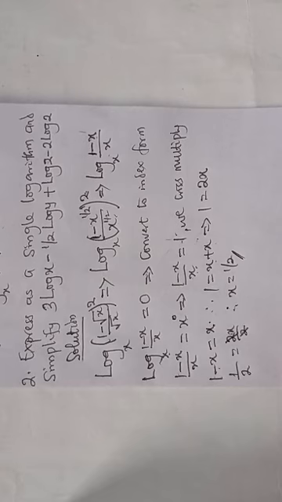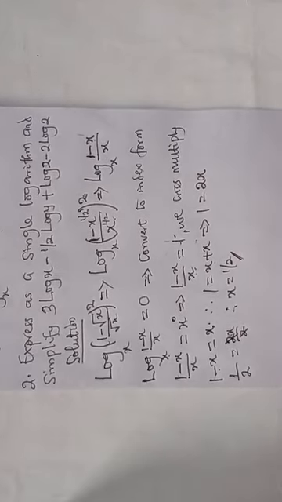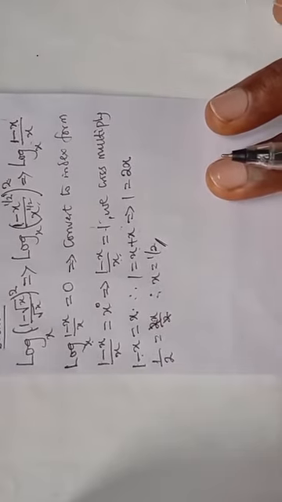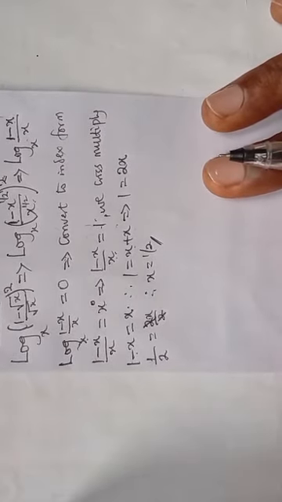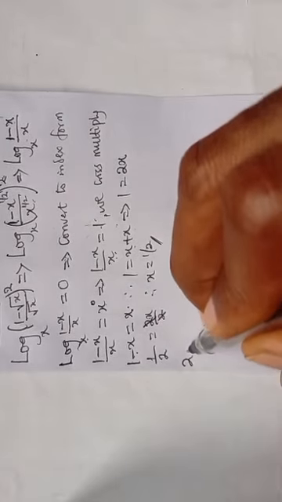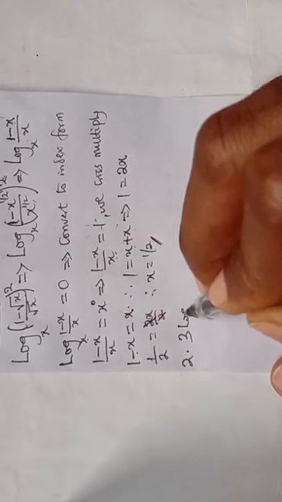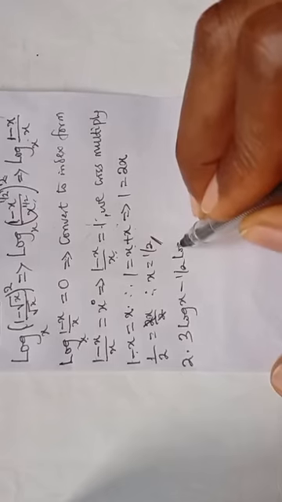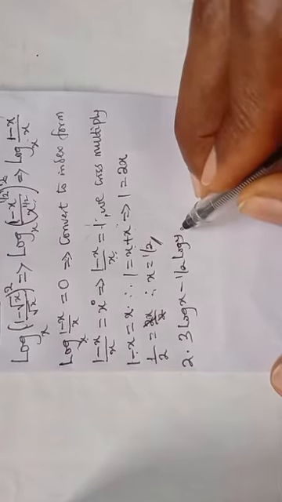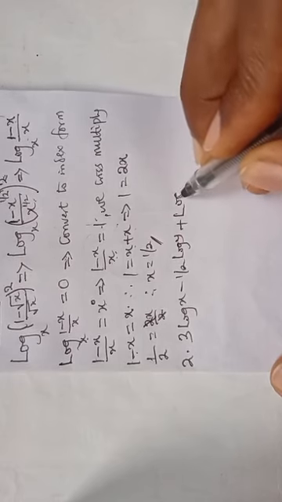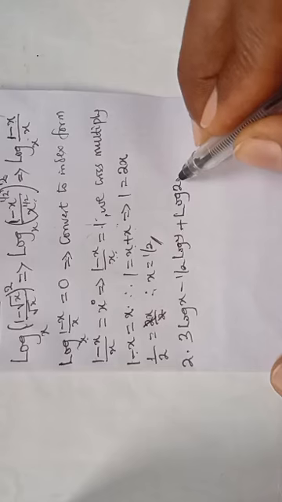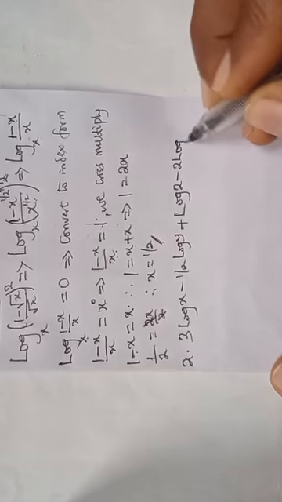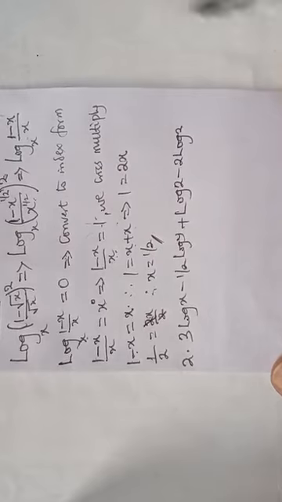That is that. For the second one, let's look at how to go about it. It might look a little bit tedious. Let me bring it down here. Number 2 says 3 log x minus 1/2 log y plus log 2 minus 2 log 2. If I apply the power law here, I'm going to have